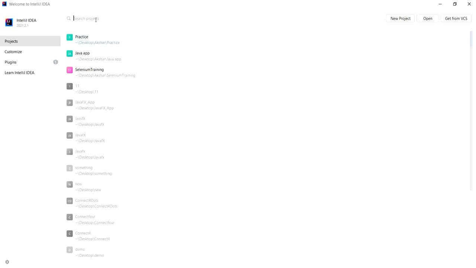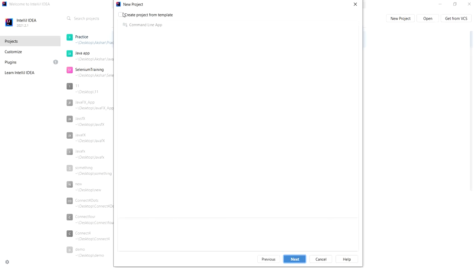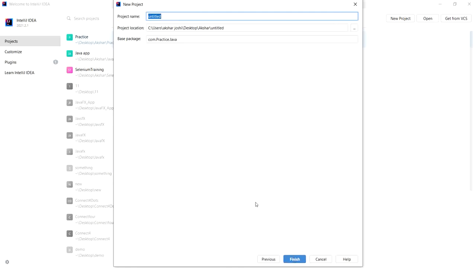So okay, once you install the application, you wouldn't find all these things after installing and setting up. Go to a new project, click on Java, and then click on next. Then select this checkbox, then next, and then name it something like lazy Java.